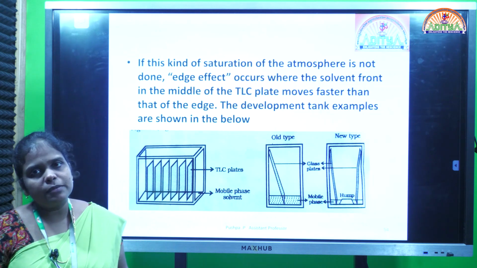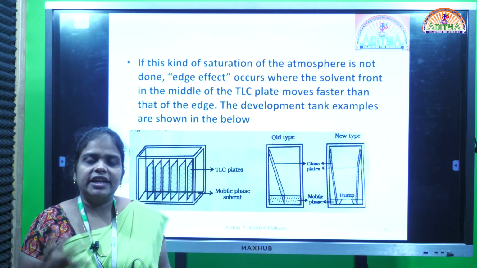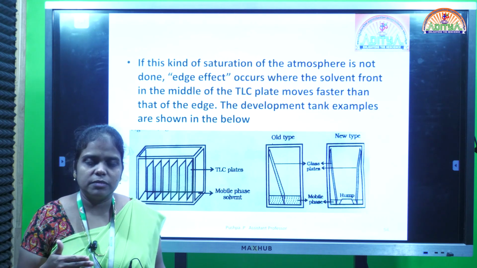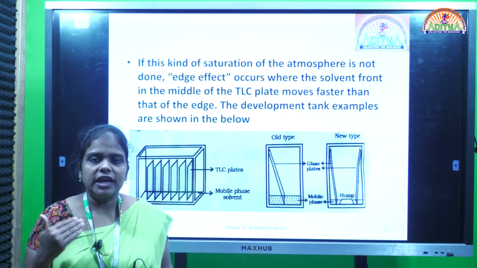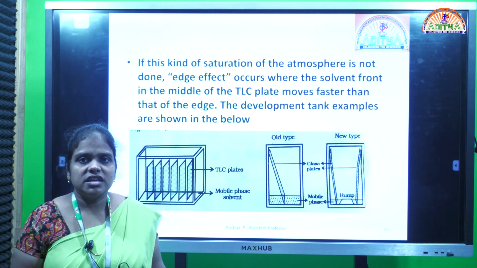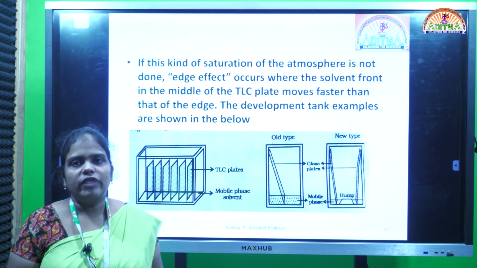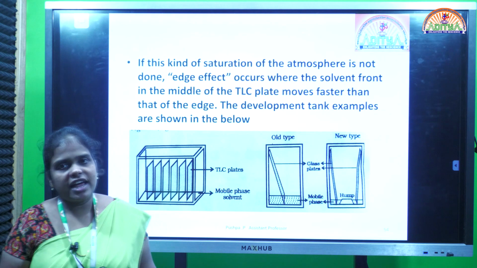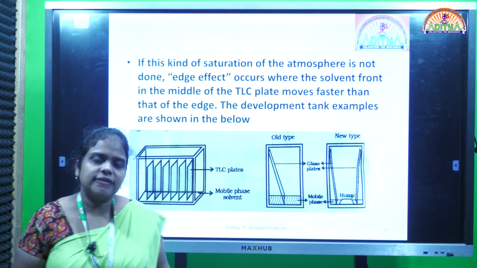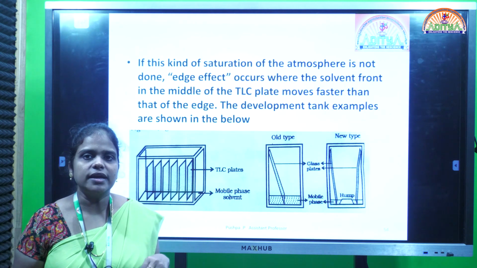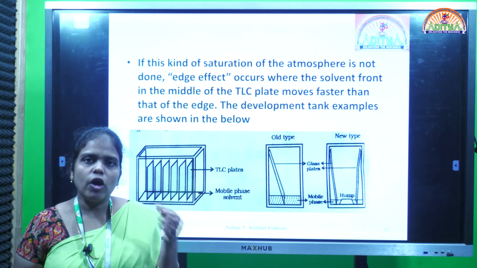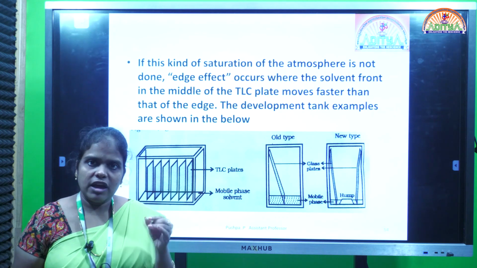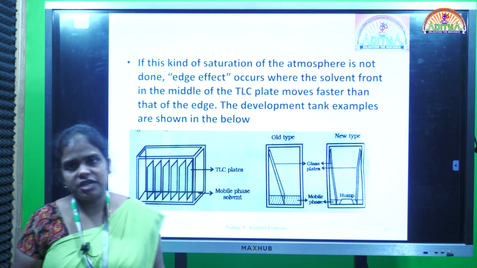Why we are doing the drying is to improve the detective nature or elution nature of the TLC plate, and to remove impurities or air bubbles or any other impurities. We do the activation, nothing but drying, in an oven for 1 hour at 100 to 150 degrees Celsius temperature. After activation, we have to apply the sample. That application of sample is done using a capillary tube or micro injector. On that dried slurry TLC plate, we have to spot the samples. That is called application of sample.